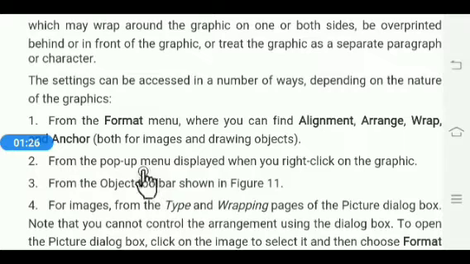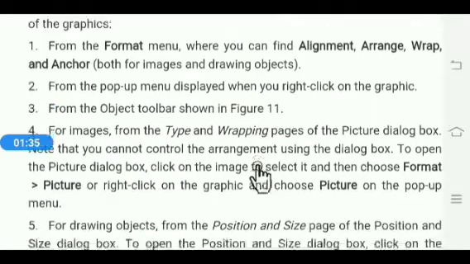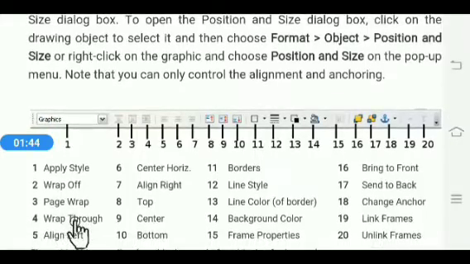Then from the pop-up menu displayed when you right click on the graphic. Then from the object toolbar shown in figure 11, see here. With this you can apply style, wrap off, page wrap, wrap through, and a number of options.